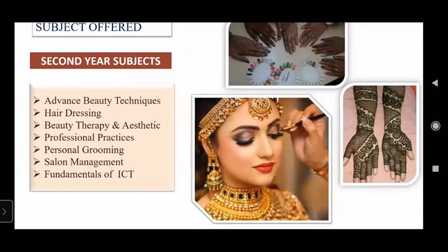In the second year, the curriculum becomes advanced, which includes advanced beauty technique, where you will learn advanced facial, latest makeup trend, HD makeup, basic to advanced mehndi, that is bridal mehndi, Jardoshi mehndi, Dubai style mehndi, and sari draping. Hairdressing, where you will learn advanced haircut, hairstyle, beauty therapy and aesthetic, professional practice, personal grooming, salon management, and we